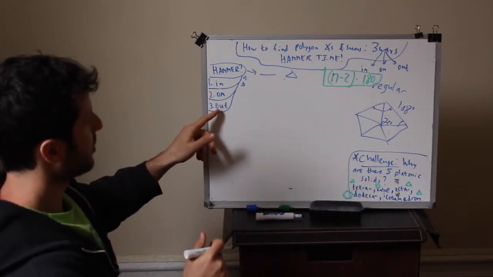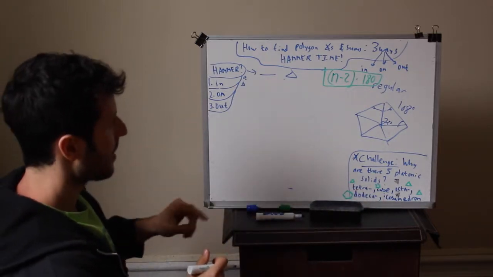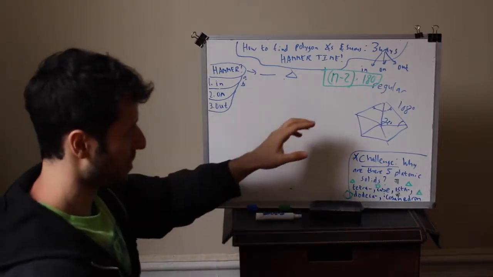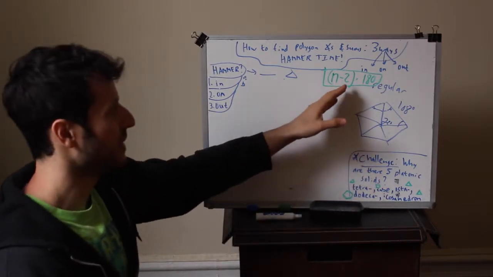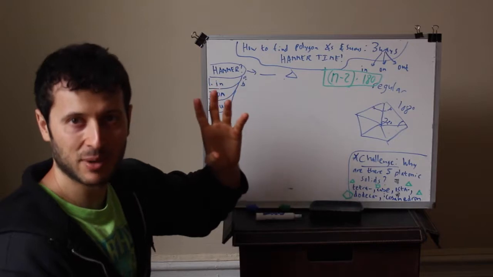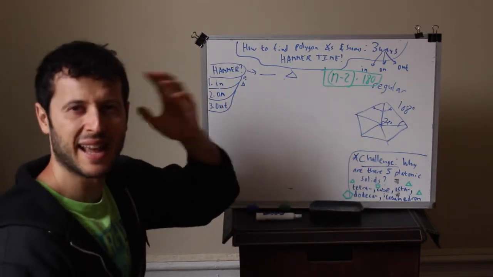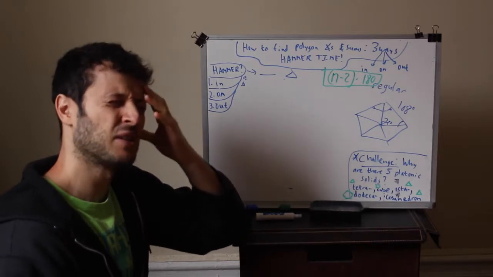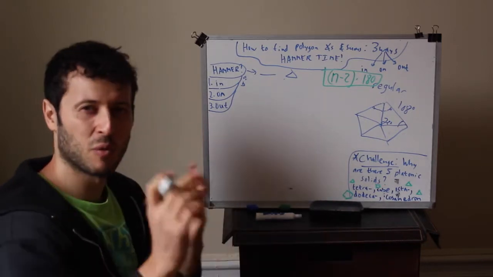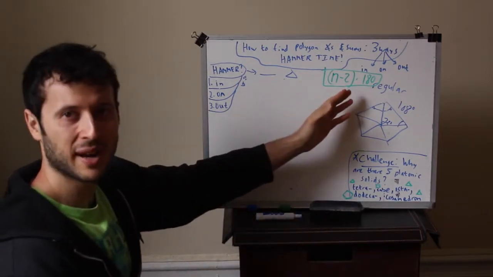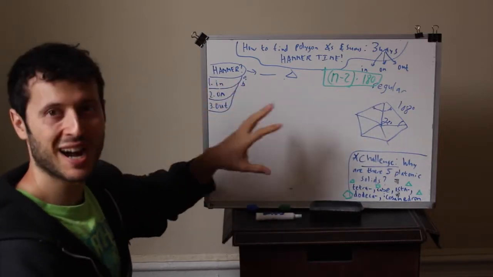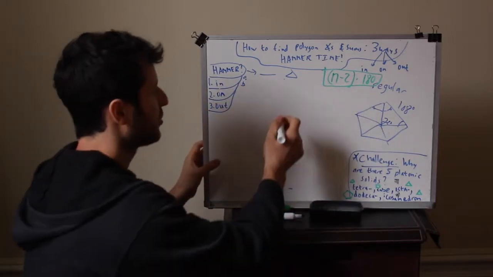Let's go to technique number 3. And by the way, before we go to technique number 3, when you're using this, let's say you just have an exam or something, it's a quick tip, and you forgot, is it n-3? Is it n-2 times 180 times 90? What is it? A nice way, if you don't really have much time to figure this out, try